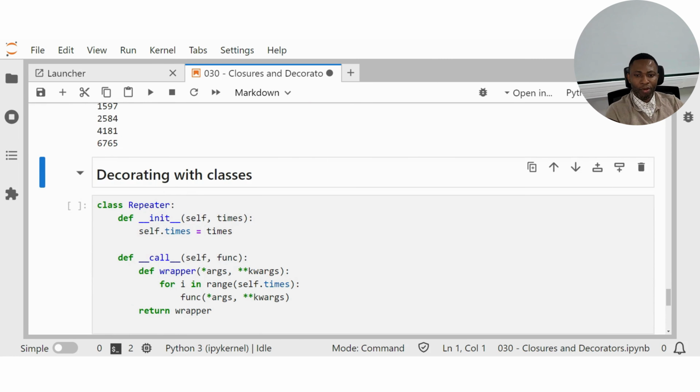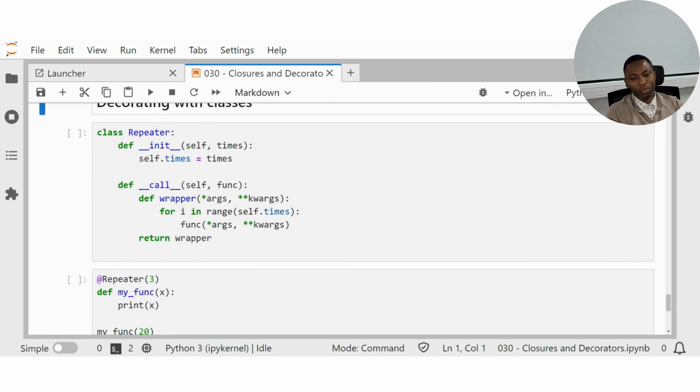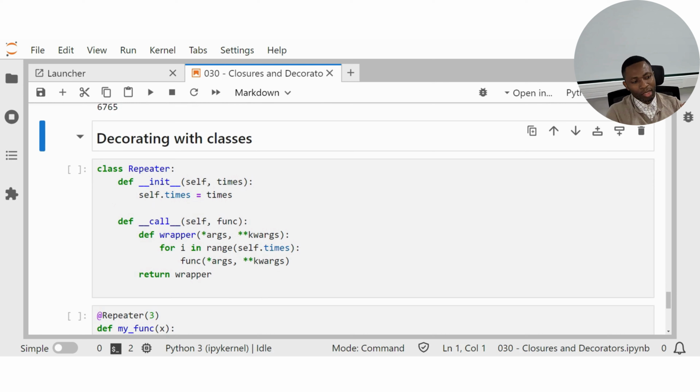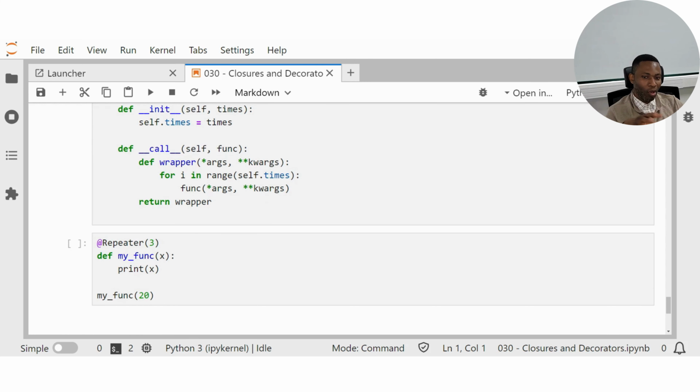So lastly, before I end this video, I'll talk about decorating with classes. We're going to see this when we get to object-oriented programming. Actually, what a decorator does is that it calls the double underscore call, the dunder call method. So here we will have a class Repeater. I will not dwell much on this. We instantiate the class with the number of times we want to repeat. And then we have a call method that takes a function and an inner function wrapper that calls the function, for i in num times, call the function with args and keyword arguments,